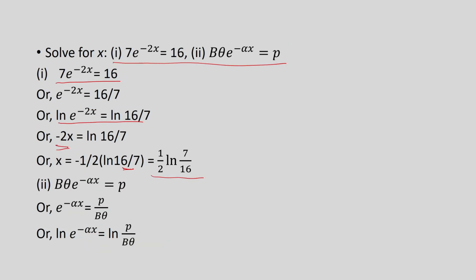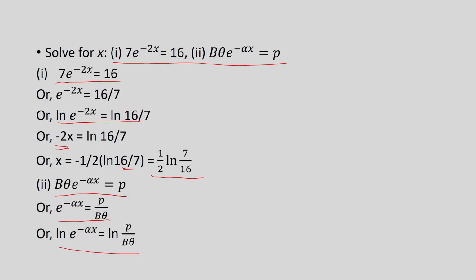Okay. Now, the second one, let us look at that: capital B, multiplied by theta, e to the power minus alpha x is equal to small p. So, we have to solve for x. So, I take these constants b theta to the right hand side, and then I take the natural log, log of e to the power minus alpha x is equal to log of p divided by b theta,